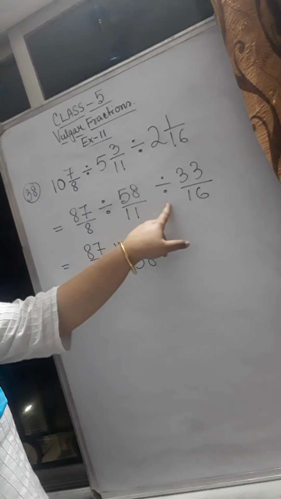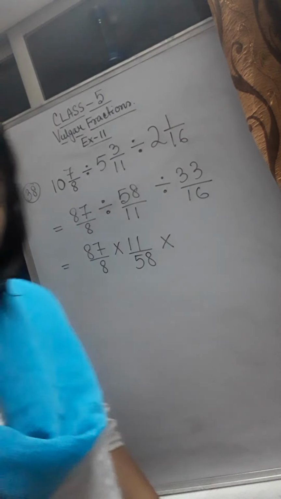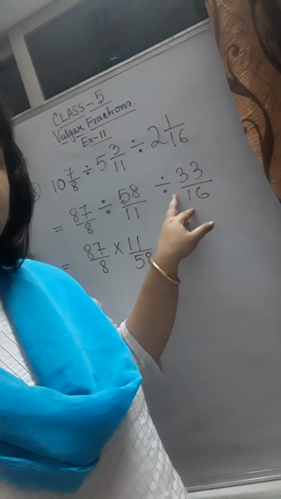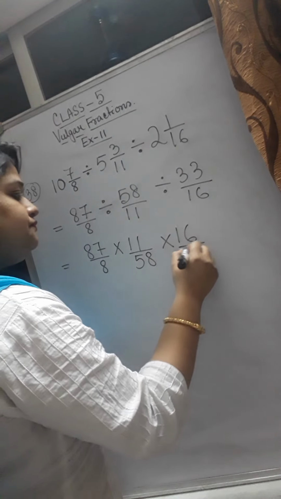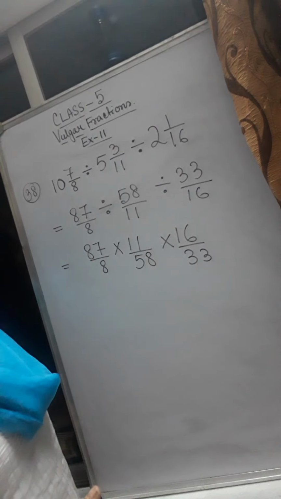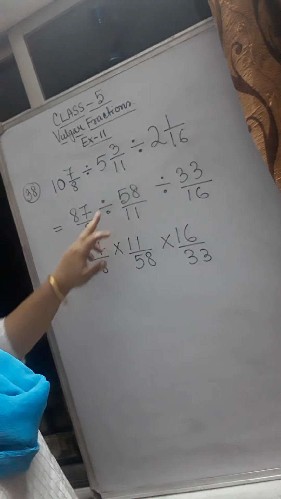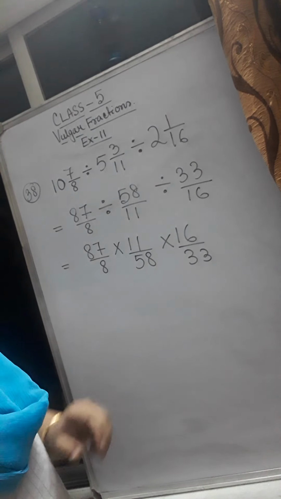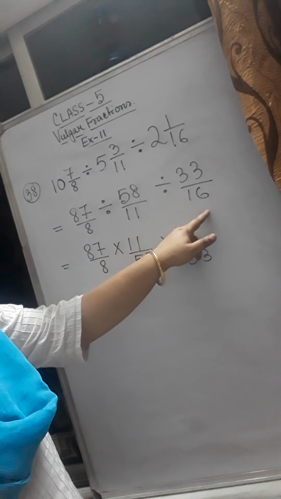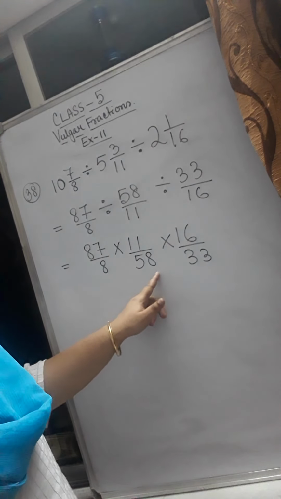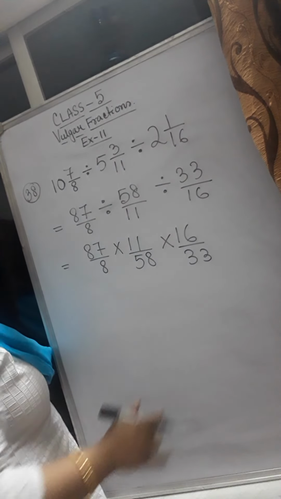Again, you have another division sign. So when you change it into multiplication, the same thing will happen. The number next to the division sign will change into its reciprocal. So can you see, only the first number remains the same as it was given. The second and the third numbers change to reciprocals. Why? Because both numbers are coming after the division sign. So when we are changing into multiplication, both numbers change to their reciprocals.